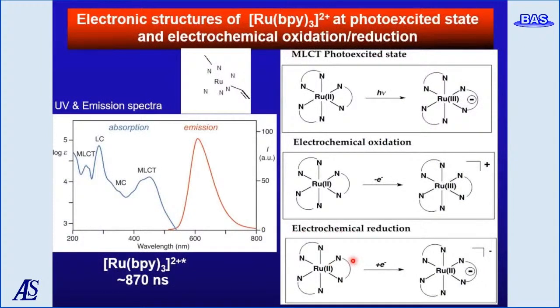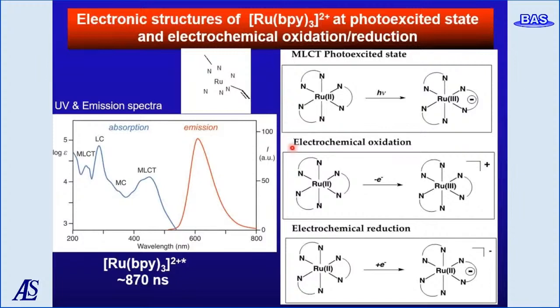Now, the absorption and emission spectra of Ru(bpy)3 2+ are shown in these figures. In the absorption spectra, the pi-star transition of bipyridines and the MLCT transition are observed in the UV and visible regions. The corresponding phosphorescence emission is observed at 620 nanometers. Now consider the microscopic view for the spectral MLCT transition and the electrochemical reduction process.